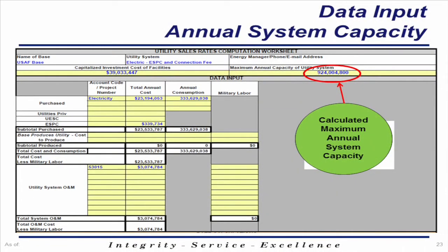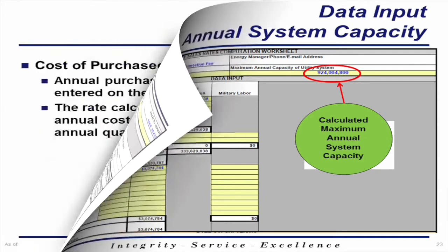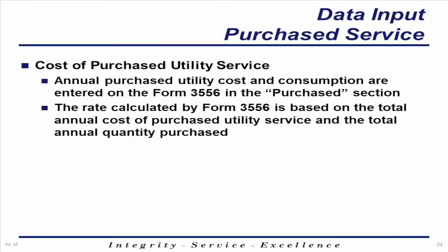generator. Here is the electric service example, 3556, that shows the maximum capacity has been calculated and entered here on the Air Force Form 3556, and it's shown with capacity in kilowatt hours. If we purchase service, there's a place on the Air Force Form 3556 for the cost of that annual purchase to be entered. The purchase service is determined by totaling the amount spent and purchased from the monthly invoices over